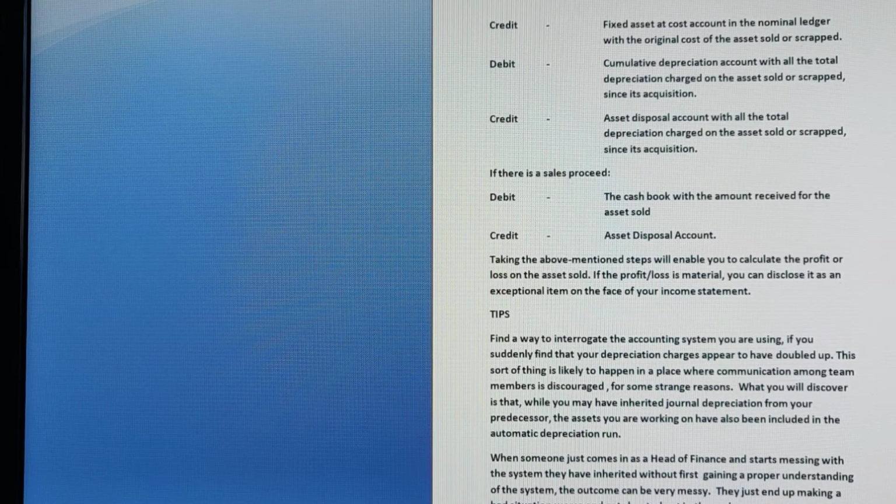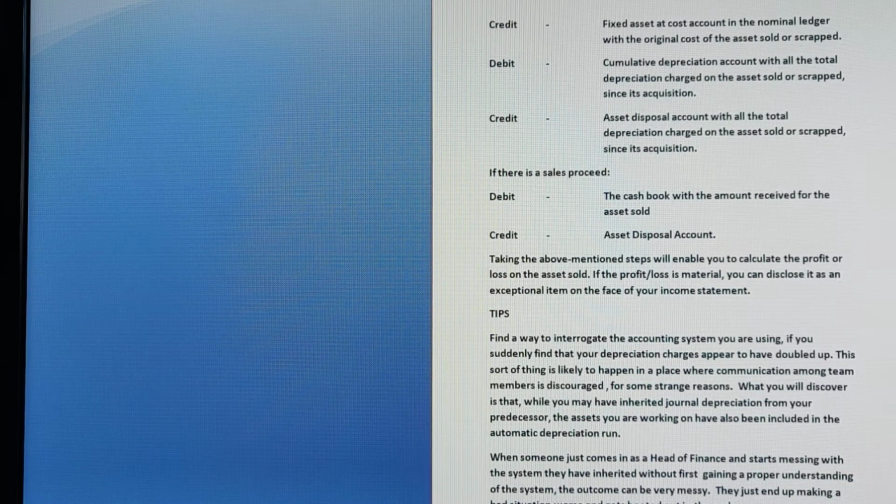Communication in the work environment is very, very important. It is also very important for everybody to understand the system they've inherited, even if the system is a mess. You must understand it first before you start making changes. I came across a situation whereby somebody just came in without understanding the system and created a mess all over the place. Automatic calculation of depreciation was taking place and people were also being asked to post depreciation journals manually, so things were getting doubled up all over the place. Anyway,